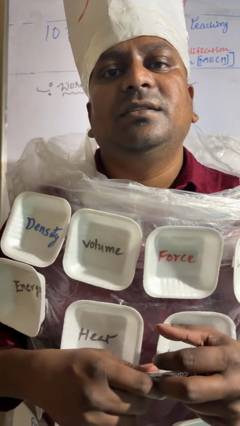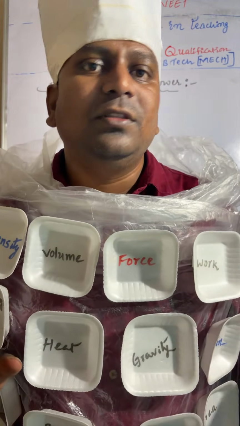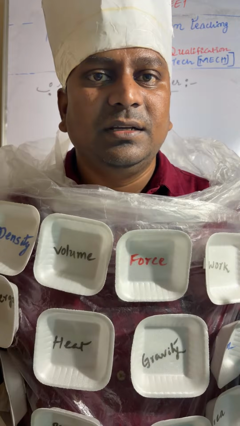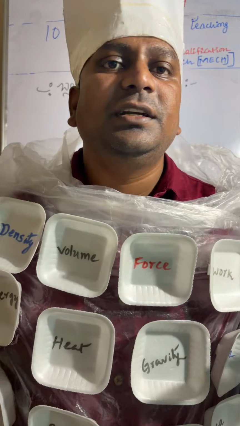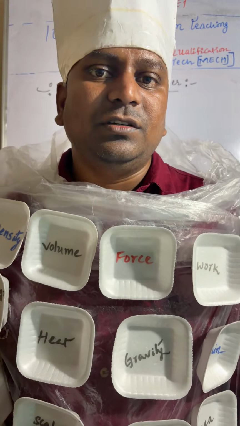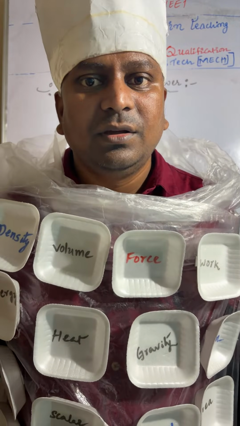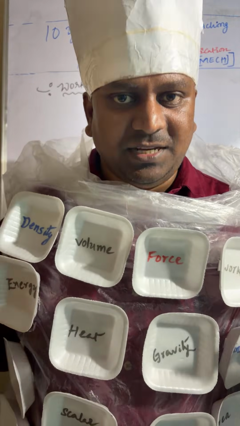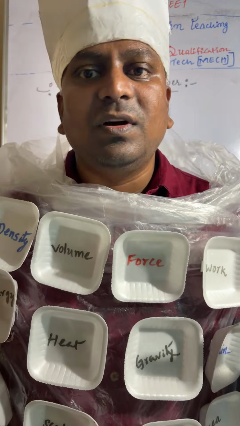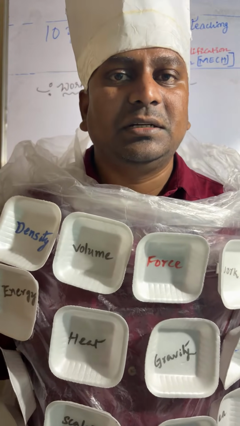We know that when we apply force on the table, it moves from one place to another place. Then we can say work is done, right? When you are drawing the table, pushing the table, opening the door, closing the door, applying force on the door, we do so many works every day in our daily life. When we apply force on the object and it displaces, then we can say work is done. In work, there are three types: positive work, negative work, and zero work.